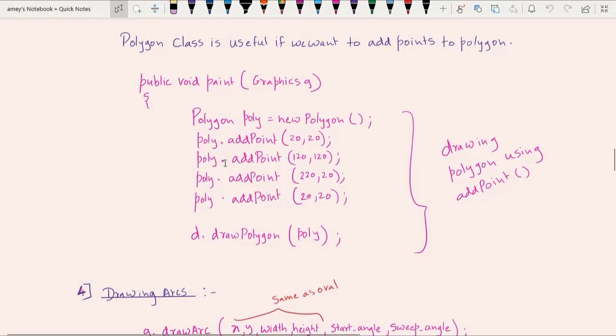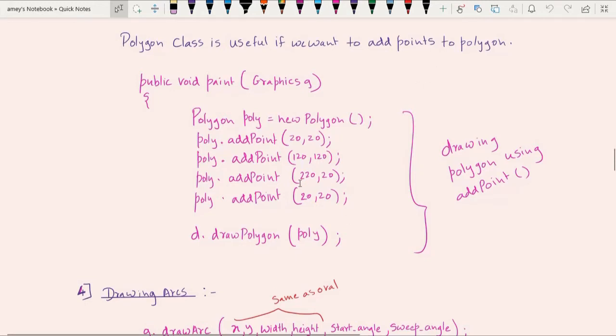Then again using the same object poly, I call the add point method, and I add another point, 120 comma 120. Then I add the third point 220 comma 20, and then I add the fourth point, that is 20 comma 20. So we have 4 points that we have specified, and then finally using the draw polygon method, we can pass this polygon that we have created, the object poly, as a parameter to it, and this will draw the polygon.